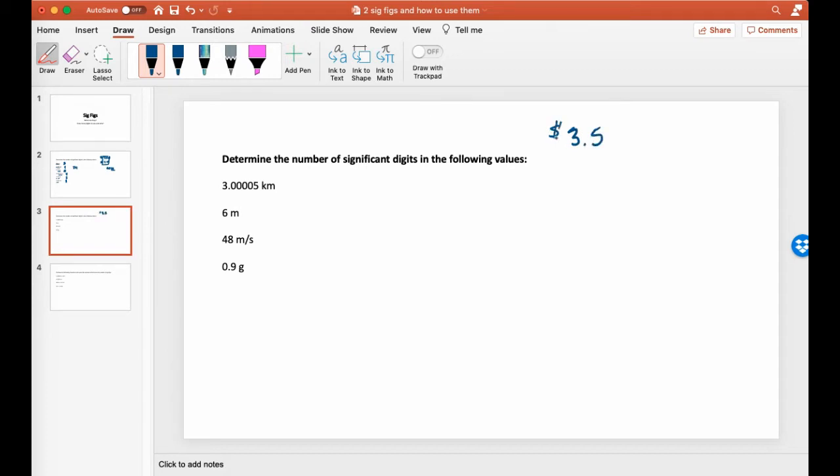Again, if you were talking about money, 3.5 versus 3.00005 dollars. This is the same as $3.50. So you can see that there's some significance there, right? So that's important on that. Now you've got